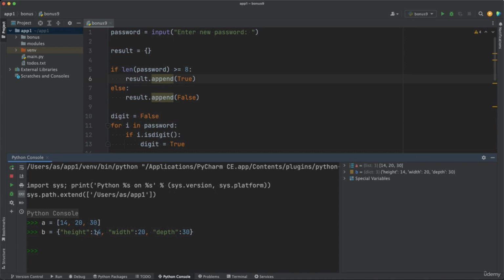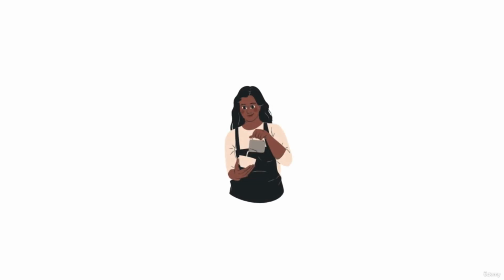So this is the height, this represents the width, and this represents the depth. So there is a need to know what each of these values are, and that is what dictionaries are for. Now, to help you understand the difference between lists and dictionaries better, I want to make an example from the